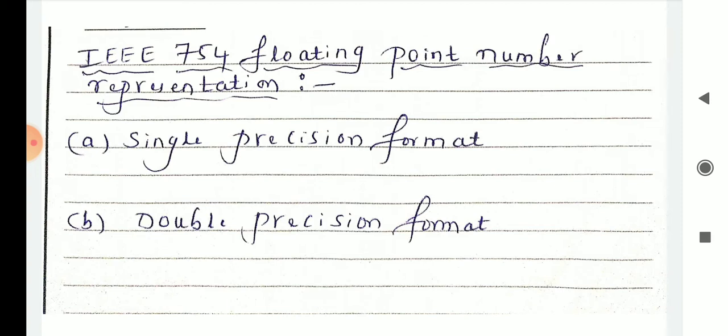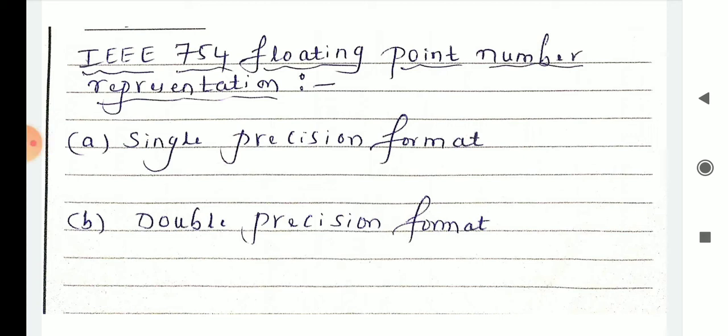In the last class we have seen and also completed floating point arithmetic operations. In that we have taken some formats and examples. That format should be what? Mantissa, exponent and sign bit. So I hope you understood those concepts. Today we will move on to the next concept, single precision and double precision format.